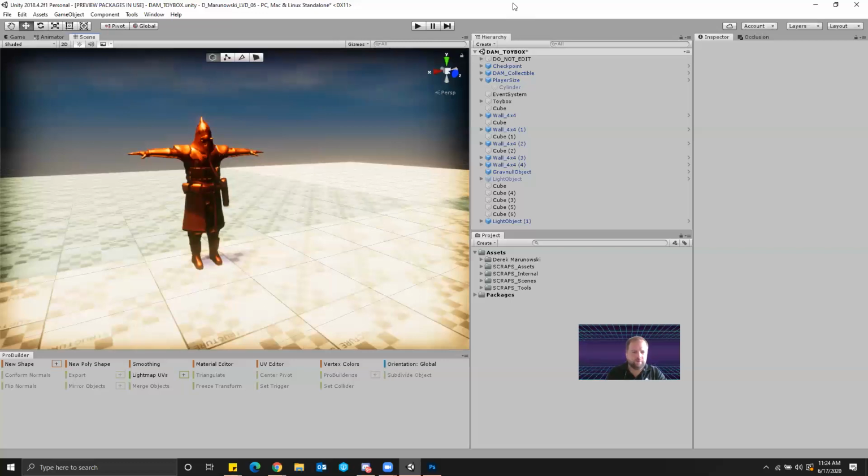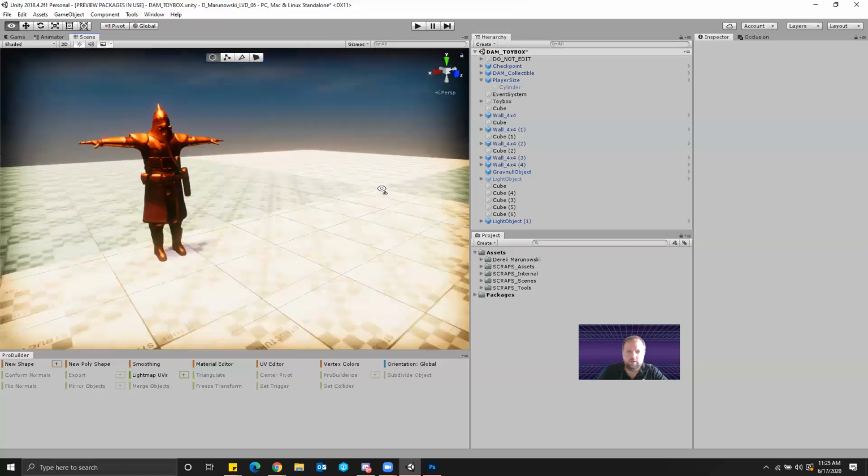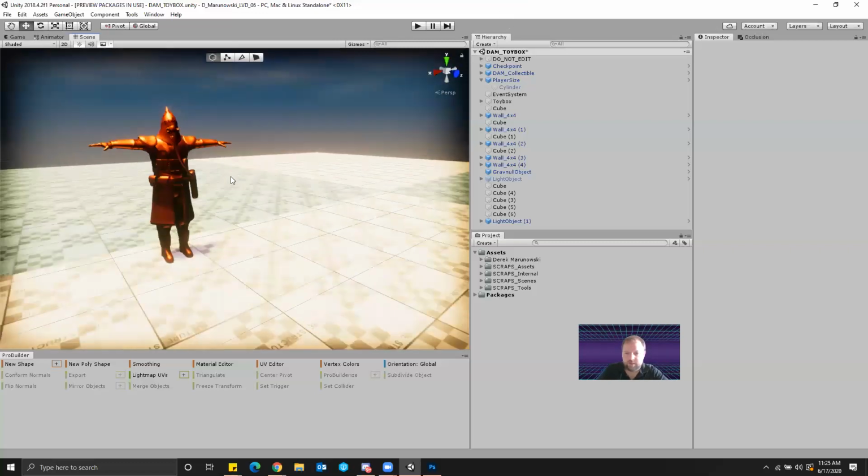Whenever I see someone start with creating fire, they usually start with a particle system, make it red, do whatever they can with the editor and then call it a day. We're going to take it that extra mile and actually use some references, create some assets, and then go from there. So in Unity, the particle system is just another component that you can attach to a game object,